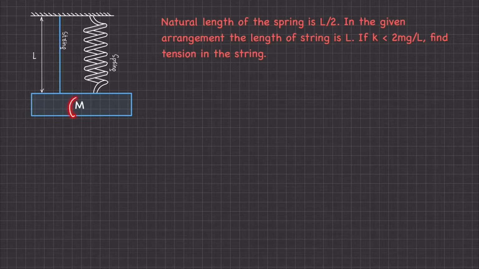So in this question, there is a block. It is attached with a string and a spring, and the other end of both is connected with the wall support, right? It is given the spring constant is K and its natural length is L by 2. Now if we see the problem, they have told that the natural length is L by 2. That means the spring's actual length should be somewhat like this. But in the arrangement, the string is L and it is fully extended. That means the spring must have elongated another distance L by 2. So here we can say there is an extension of L by 2 in the spring.